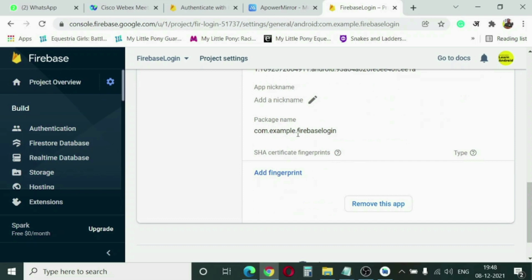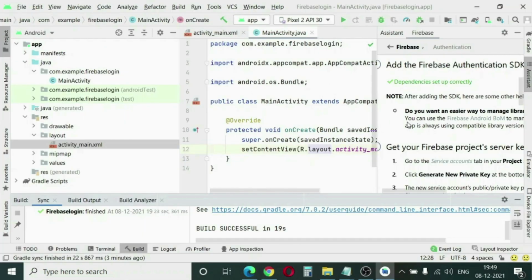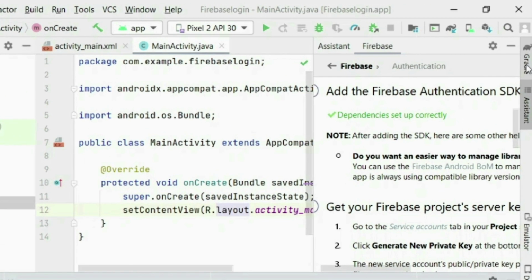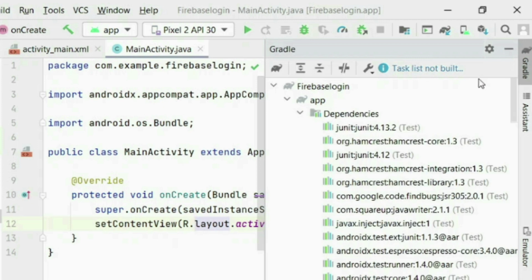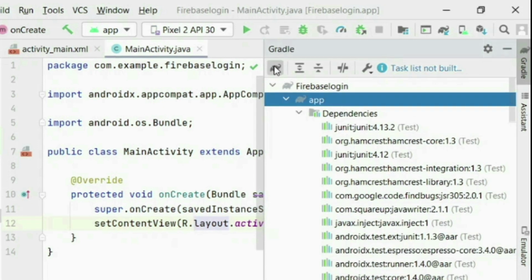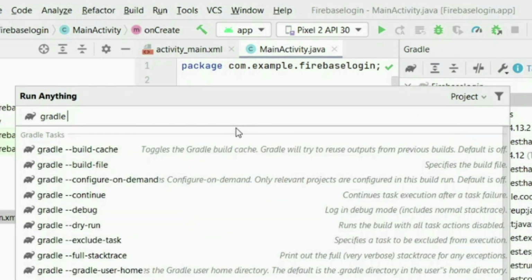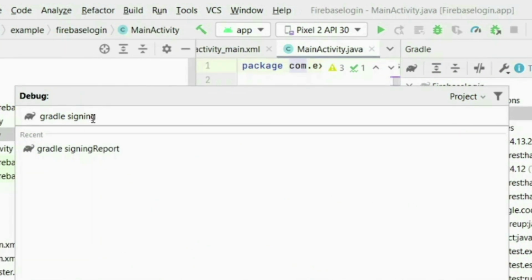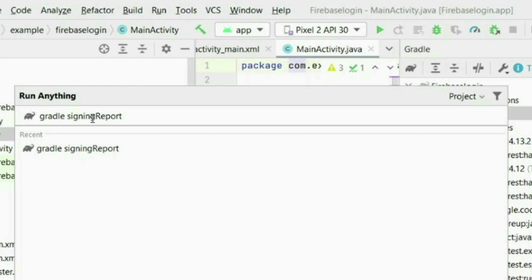Here, we will need the SHA1 certificate fingerprint. So how to get that? In the latest Android Studio, you have to go to Gradle, click on the app and click on the Gradle symbol, and then you will see a window opening. Here you can write gradle signing report and click.